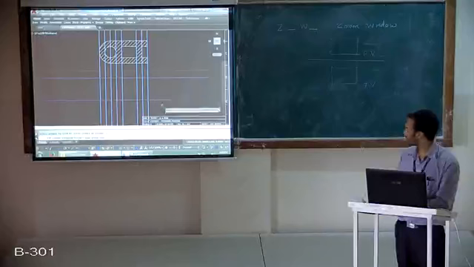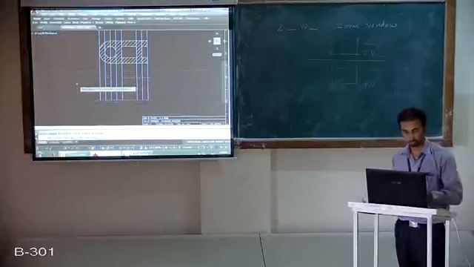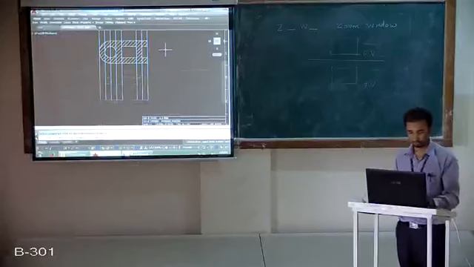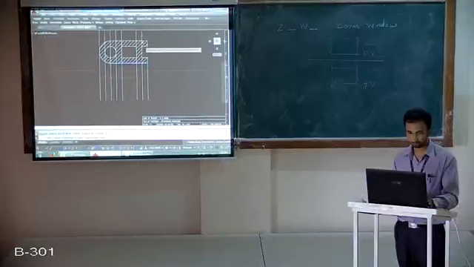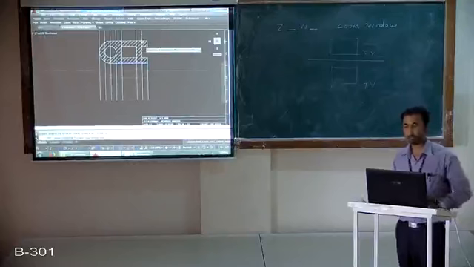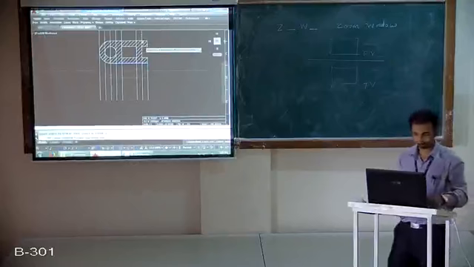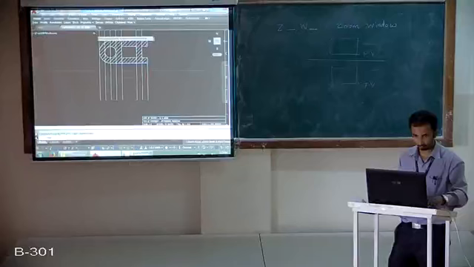Okay, one second. This one, then TR space, that means in trim command you have to first specify the boundary line, that beyond this line you don't want to carry the line.